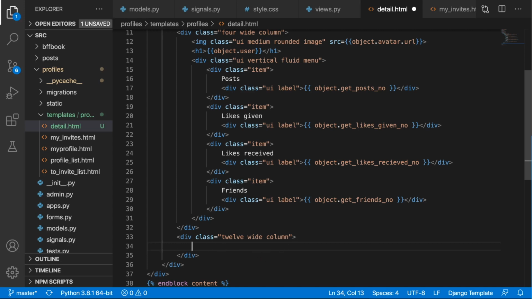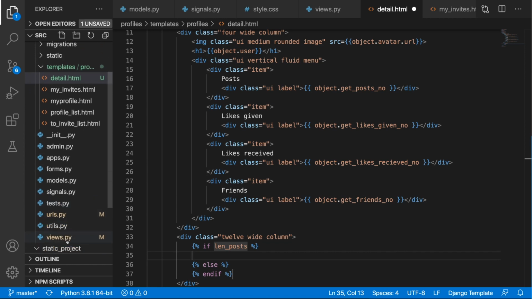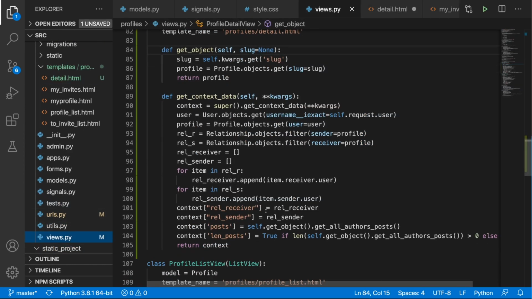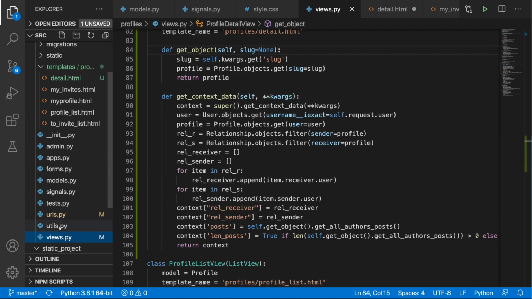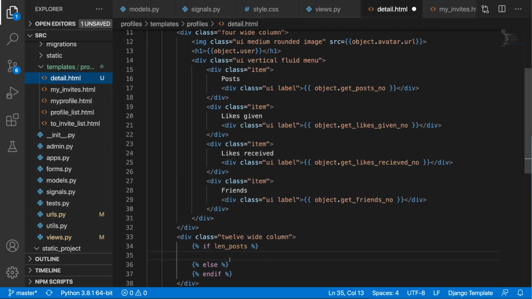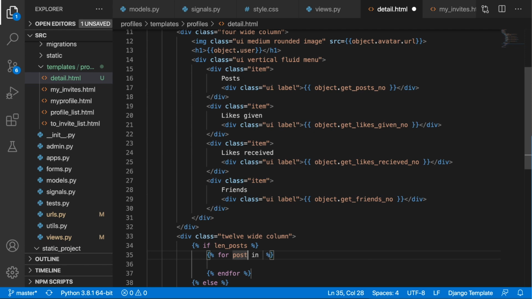Here we are going to check if length posts, and if this is the case, if we head over to our views.py, here we have length post true or false. So if this is true, we are going to display the posts. Okay, so if we have length posts, we can create a for loop for post in posts,